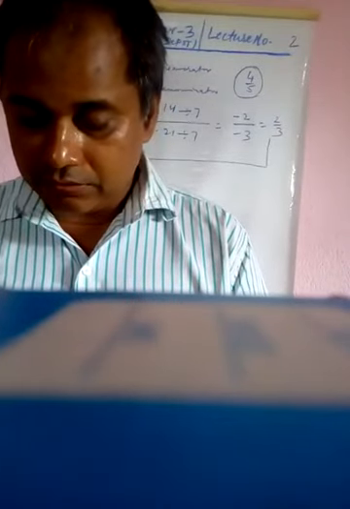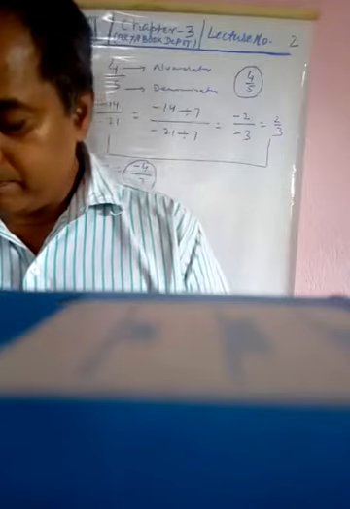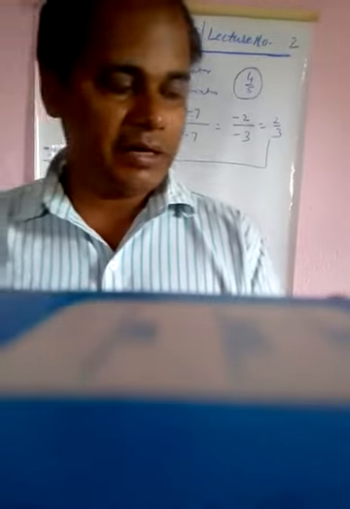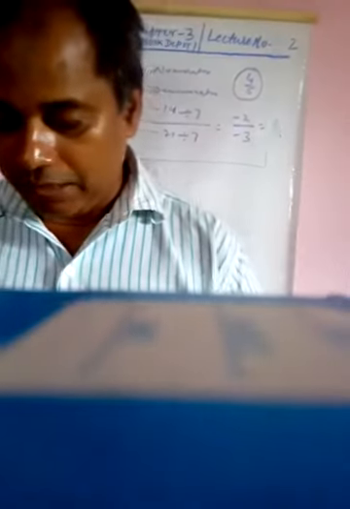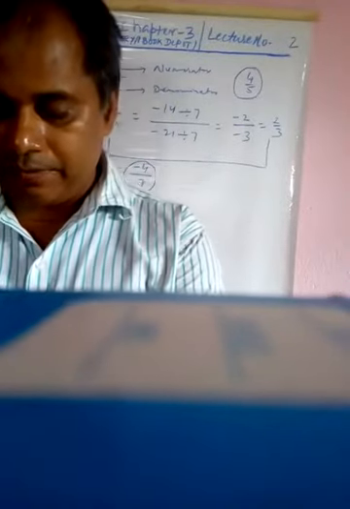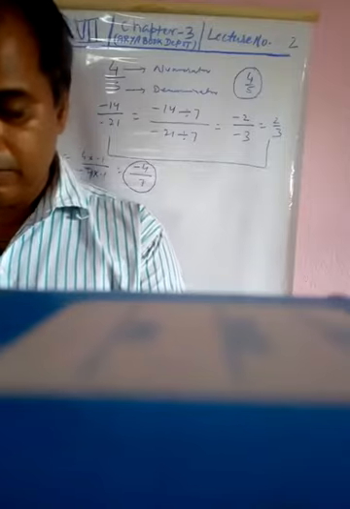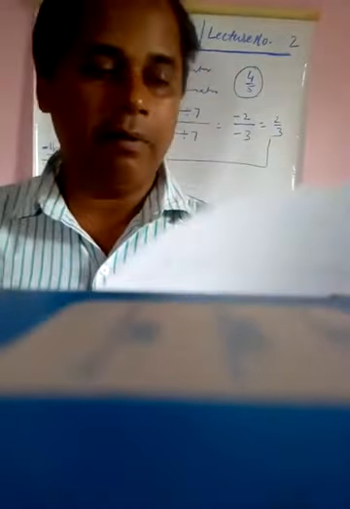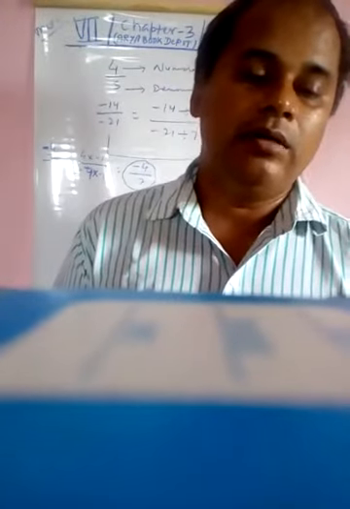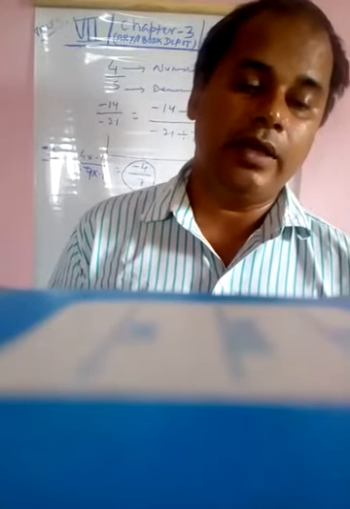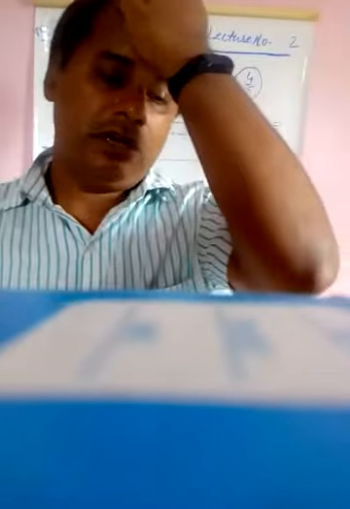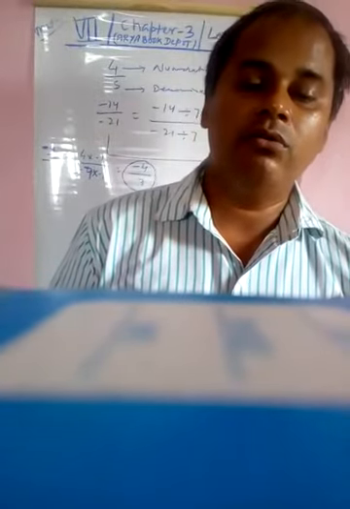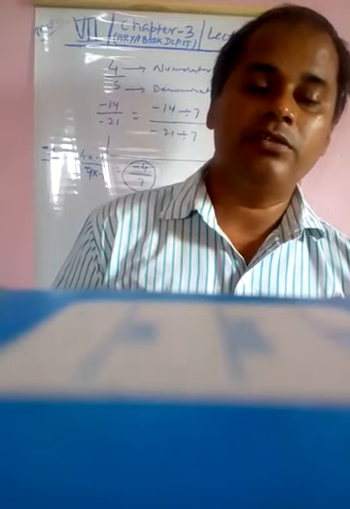And the third one, minus 15 divided by 5 is equal to minus 3. Hence 5 into minus 3 by 4 into minus 3 is equal to minus 15 by minus 12. So the third blank will be filled by minus 12. Therefore 5 by 4 is equal to 20 by 16 is equal to 25 by 20 is equal to minus 15 by minus 12.